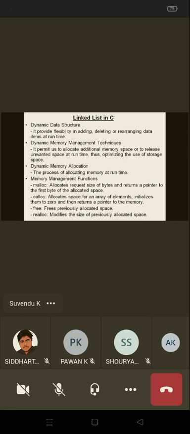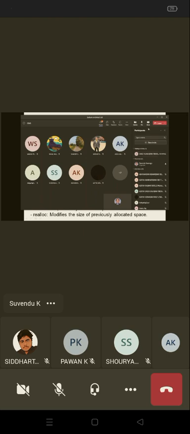Suppose you have declared an array of 100 elements and you have only 10 elements. There is wastage of memory, right? So if currently you have 10 items, you allocate memory for 10 items. As and when you require more, if you need 10 more elements, add 10 more. If you have 8 now and do not need 2, remove them, right? So there is a lot of flexibility. Due to this flexibility, we use